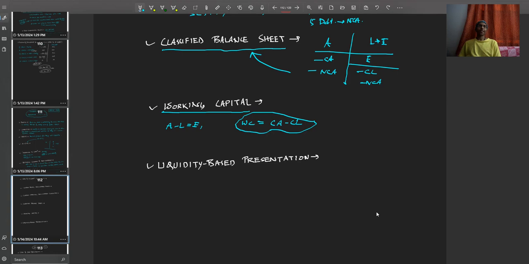Liquidity based presentation. This is an alternative to the classified presentation, friends. So what this does is basically it sequences the assets. It does not mention two different classifications, right? Current asset and non-current asset. What it does is it starts with cash and then goes on in terms of reduced liquidity, and like that